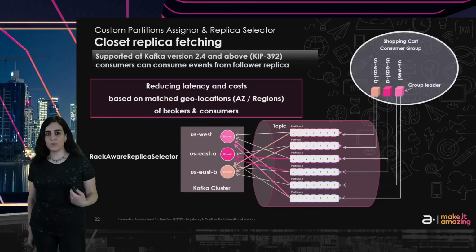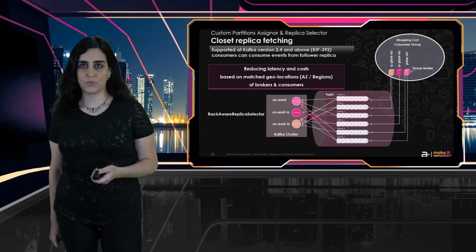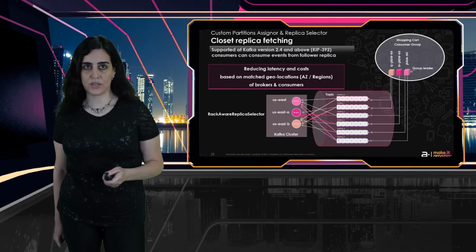And as we saw before, we can also do the consumer side algorithm and logic, so it's also useful here, right? Because if we don't have a replica in each one of the availability zones, as we can see here, we have a replica in only two availability zones per topic. Like for each topic partition, we have only a leader replica and one follower replica. So also here in the consumer logic, the group leader can assign to each member only a partition that has at least one replica in its availability zone. Okay, so this is also one of the use cases for using this consumer assigner logic.